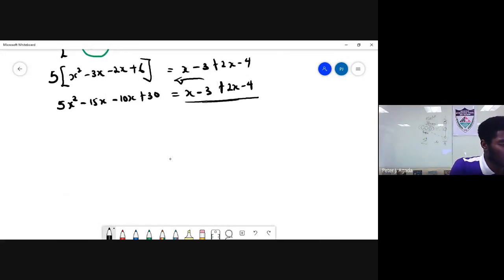So let's take this to the other side. Let's try to have a simple, more simplified quadratic equation. So I can have my 5x squared, and I can see that I have a 15x, so this one can actually be simplified. So we have minus 25, negative 25x. What if I take this one here, this and this? Let's just simplify this one first, one-sided first. So we can have x and x, so plus x, so we can have 3x minus 3 minus 4 minus 7.